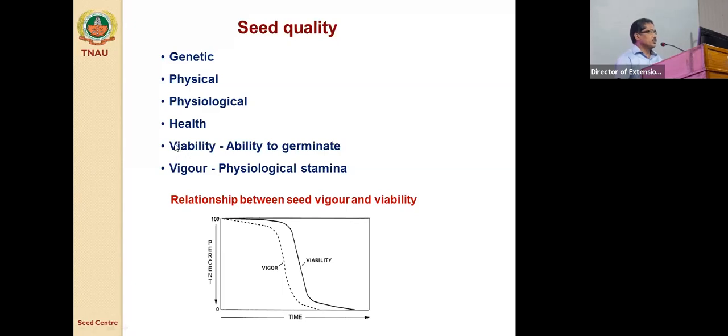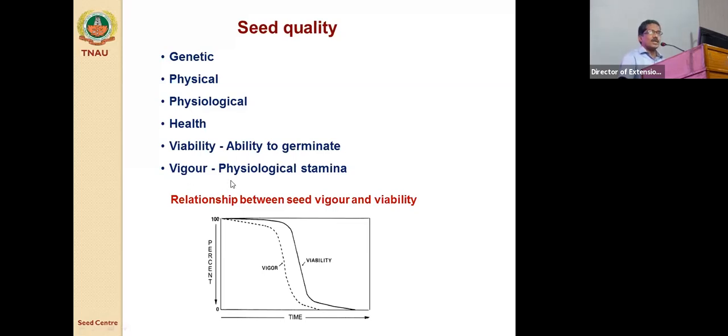This physiological quality involves two important aspects. One is viability and the other is seed vigor. Here, seed viability is the germination capacity, the ability to germinate. How many percent of the seeds have the ability to germinate, that is called viability. Otherwise, you can call it germination percentage. And the second important one, the invisible and most forgotten quality of the seed, is seed vigor.